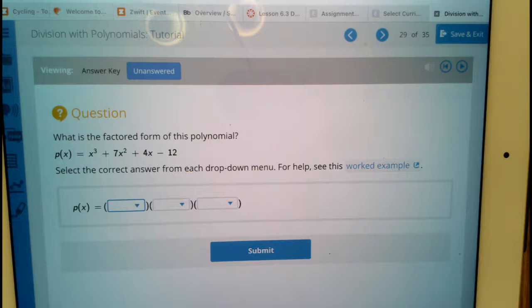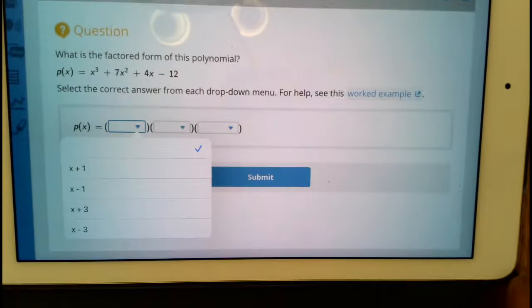And actually on this particular problem, I would highly recommend that you use the drop-down boxes. If we hit this, we've got x plus 1, x minus 1, x plus 3, x minus 3. So I'm going to start with x plus 1, and I'm going to use synthetic division on this problem. So as I pull my iPad away,